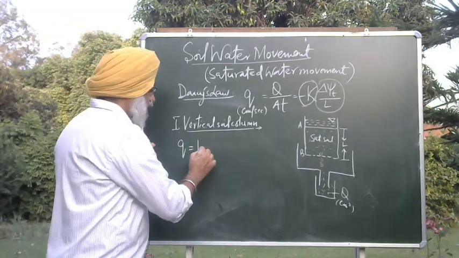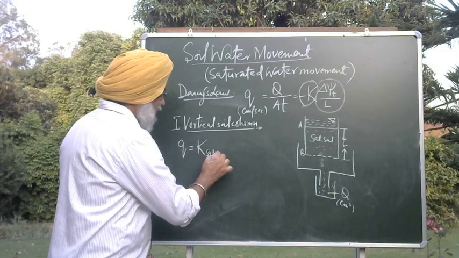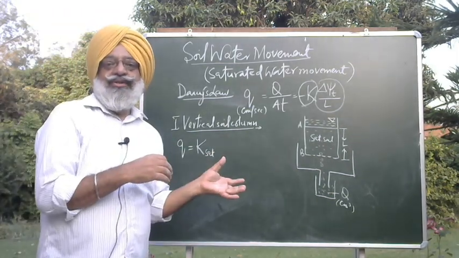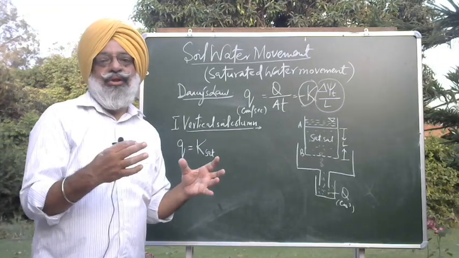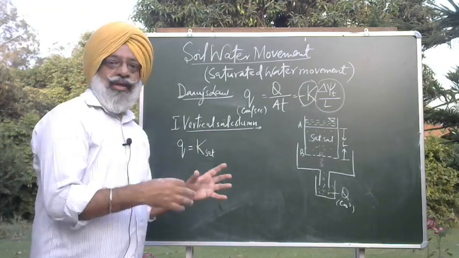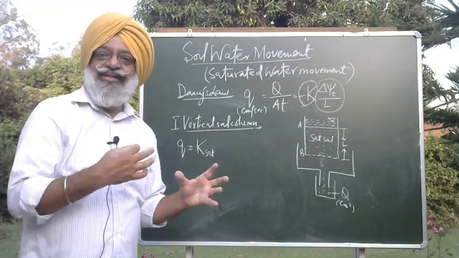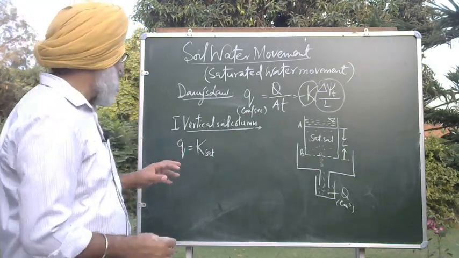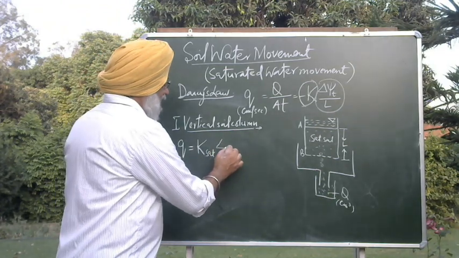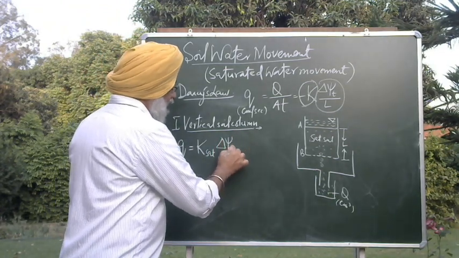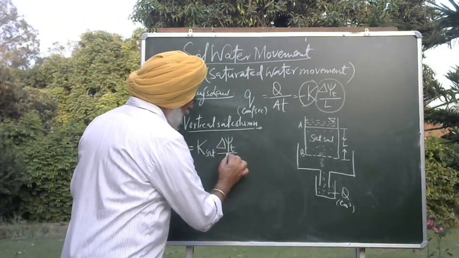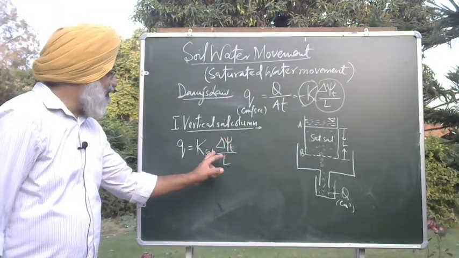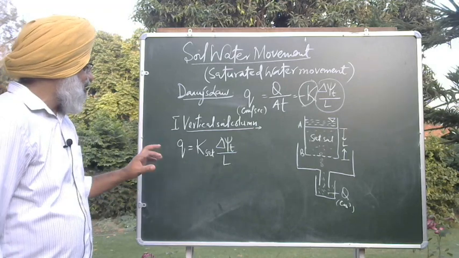hydraulic conductivity. Now this will be saturated hydraulic conductivity, because in our previous lecture we learned that hydraulic conductivity is highest in a saturated soil, and it is a function of soil water content or volumetric water content. And here, the difference in total soil water potential per unit length of the soil column. Only then it will become the hydraulic gradient, and saturated.